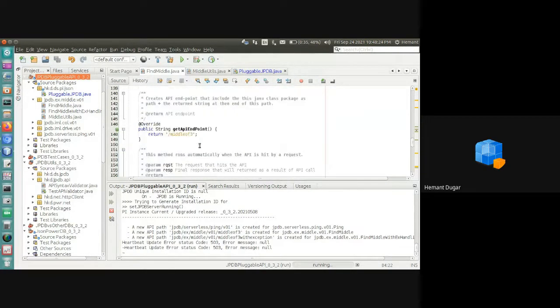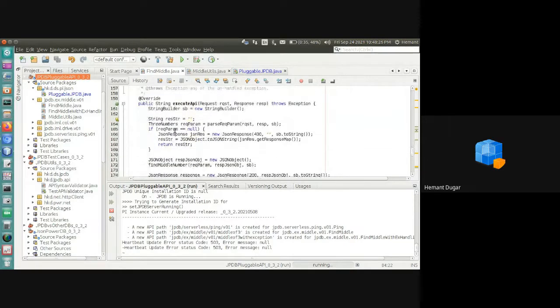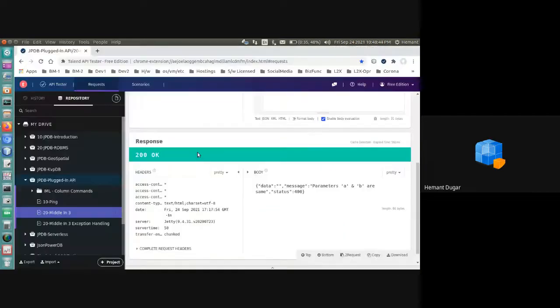And when this returns null, it is setting response 400, data empty, and this message into the string. And then it converts that into a string and returns this string. So this string comes as a response. So this is status 400, data is empty, and message is parameter A and B are same.